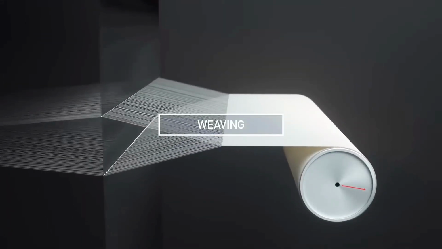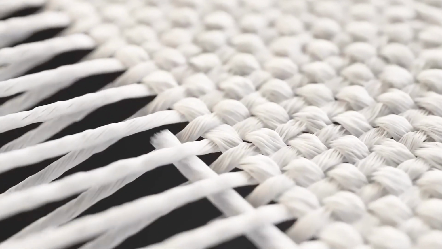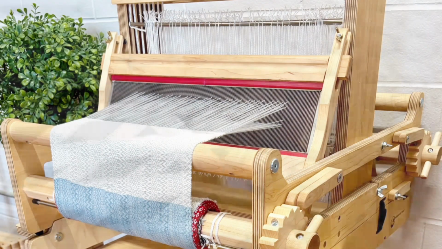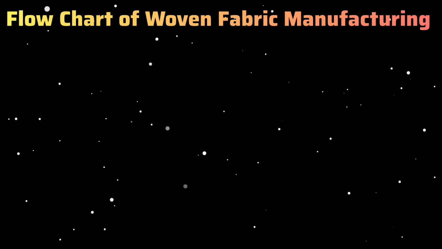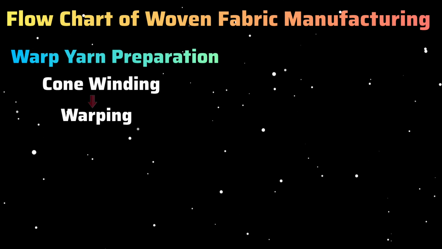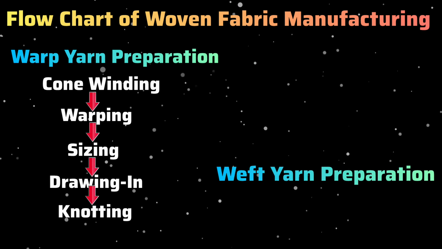Woven fabric manufacturing is the process of creating fabric by interlacing two sets of yarn, the warp (longitudinal) and weft (transverse), at right angles on a loom. Flow chart of woven fabric manufacturing: warp yarn preparation, cone winding, warping, sizing, drawing in, knotting, weft yarn preparation, pirn